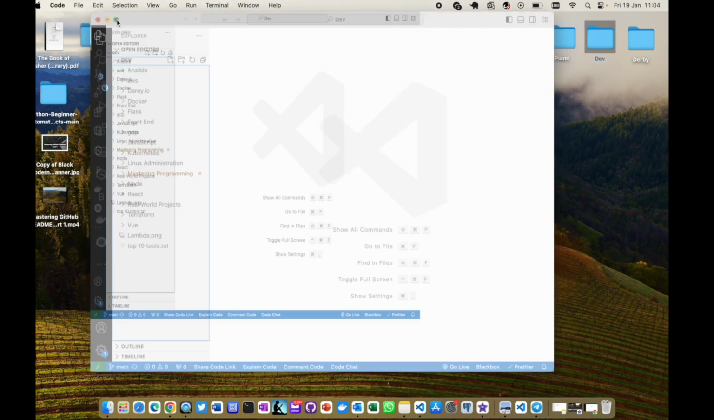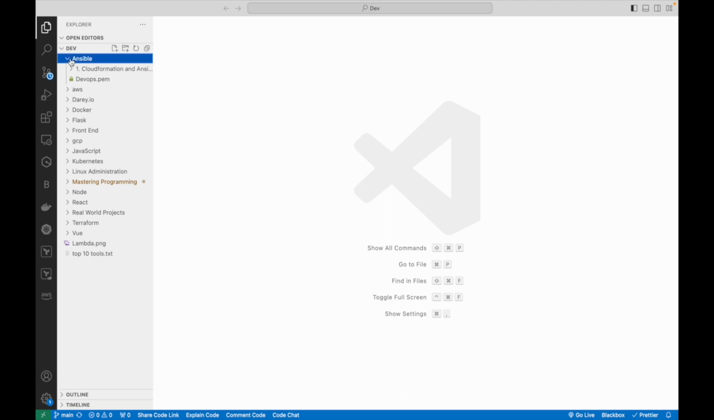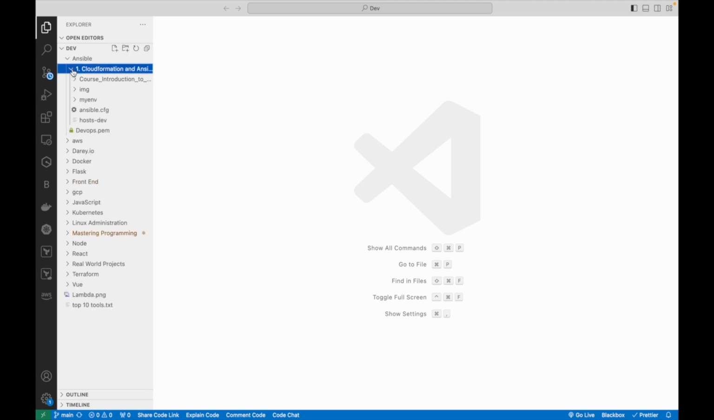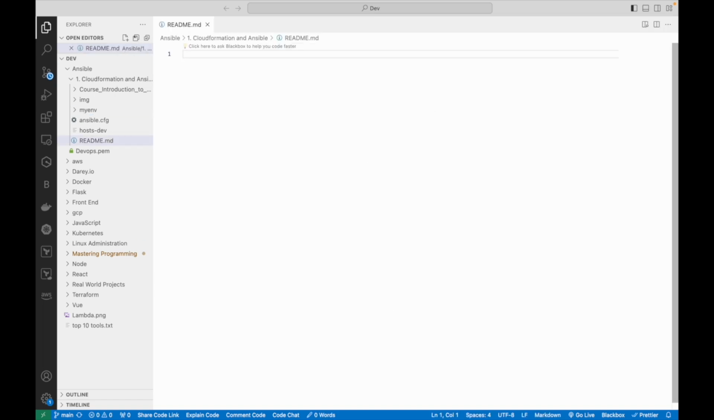Alright. I can open it. This is my Ansible I'm building. This is the first project in my Ansible. I don't have a readme.md file, so I can create it. As simple as that. So I tapped on here and I typed the name. The next thing I did was,